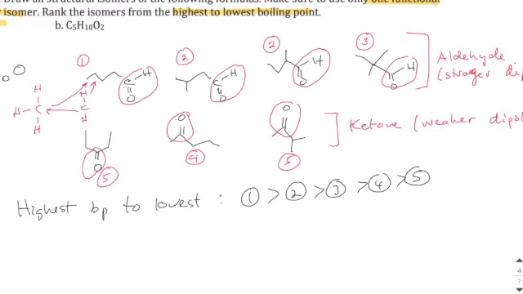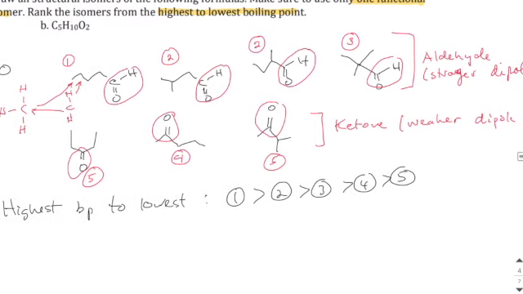So the way you want to think about this is, if you're trying to rank them from highest to lowest boiling point, you have to think about intermolecular forces, or IMF, and see what kind of intermolecular forces these specific functional groups can have. The aldehydes have slightly stronger intermolecular forces than the ketones because the aldehydes have these dipole-dipole interactions of carbon-oxygen,